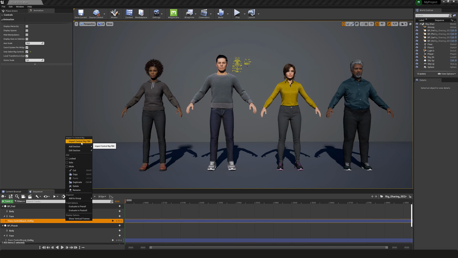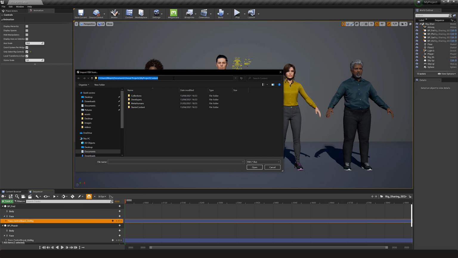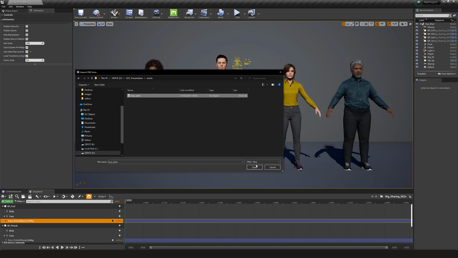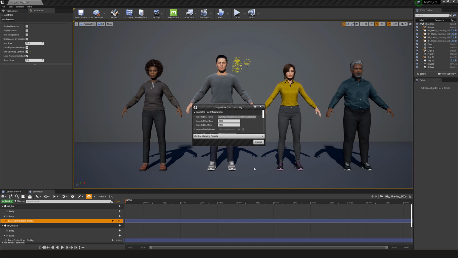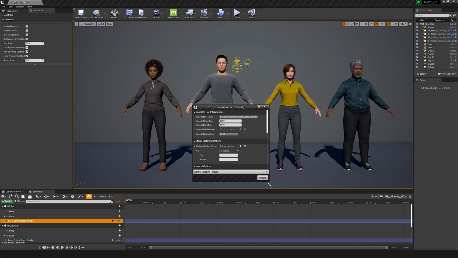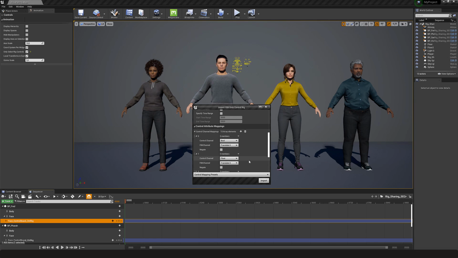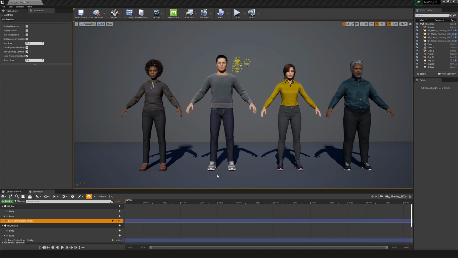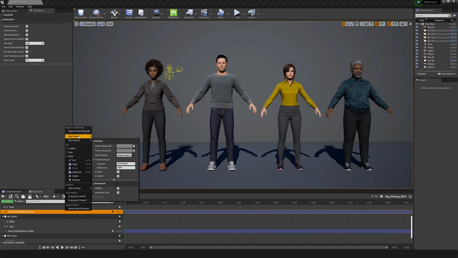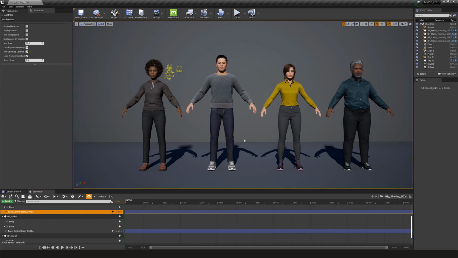To demonstrate the rig sharing aspect of the face rig, we will use the same animation that we have exported from Maya before and apply it to the 4 head rigs that we see in the level. Follow the same process. Make sure that we map the float from translate X to translate Y and import. I will do the same for the 4 face rigs, so this process is sped up a little bit.